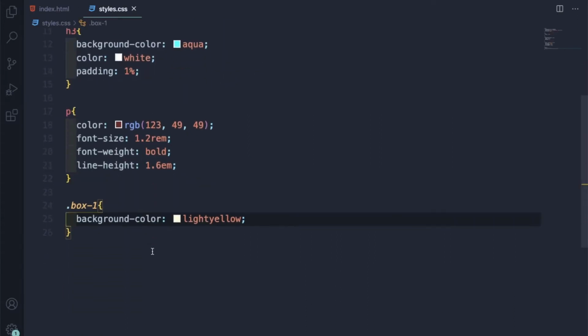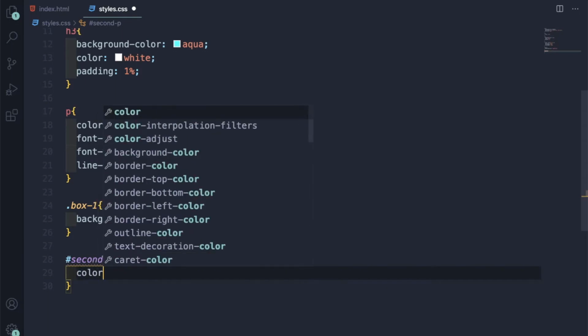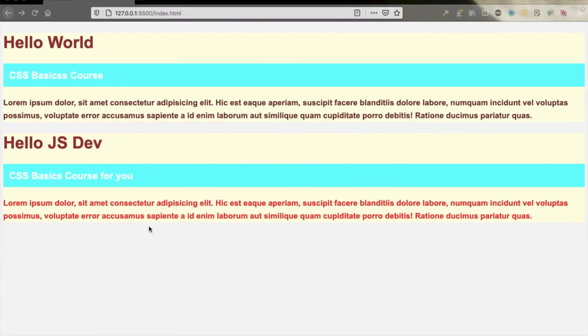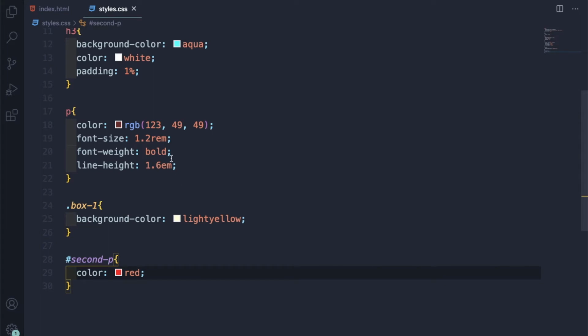And to target the ID, we use a hash, not a dot, a hash. And let me give the color as red. And see, the color has now become red. So these are the 2 types we will use the most in CSS, classes and IDs, and we will use them to target different things. So after that,